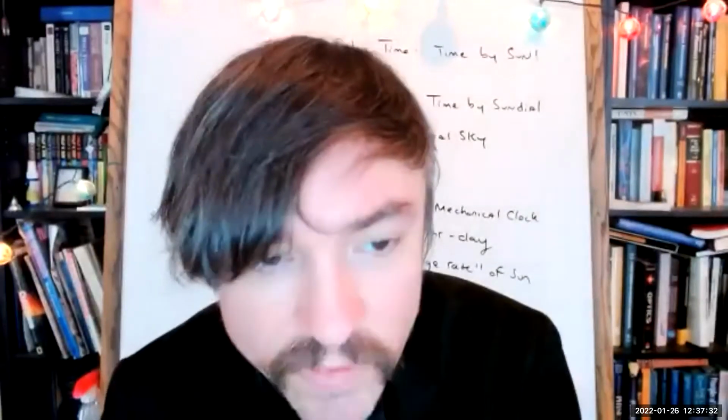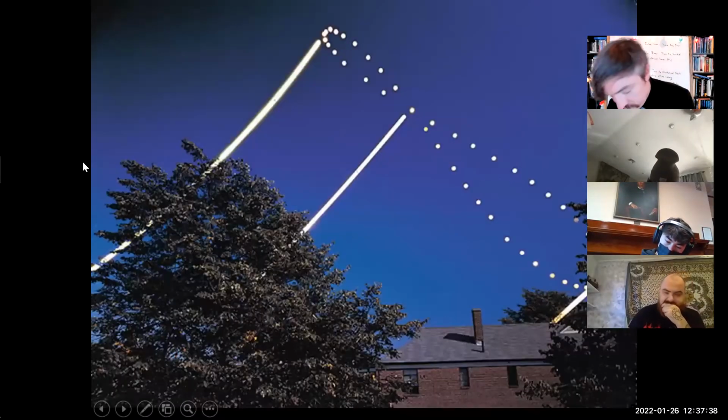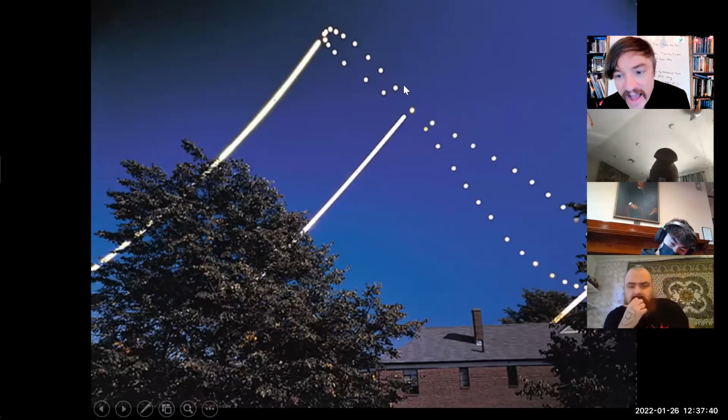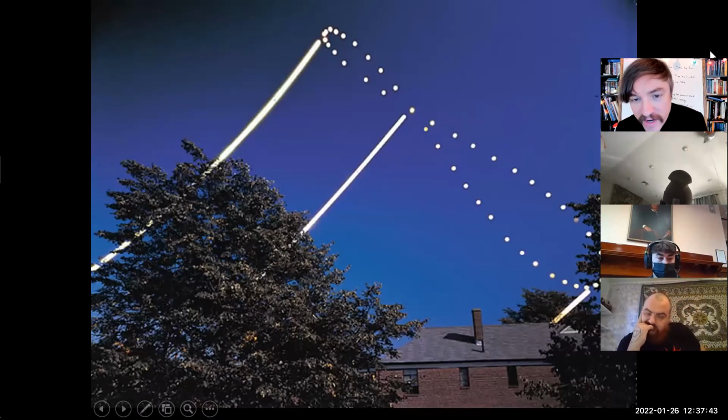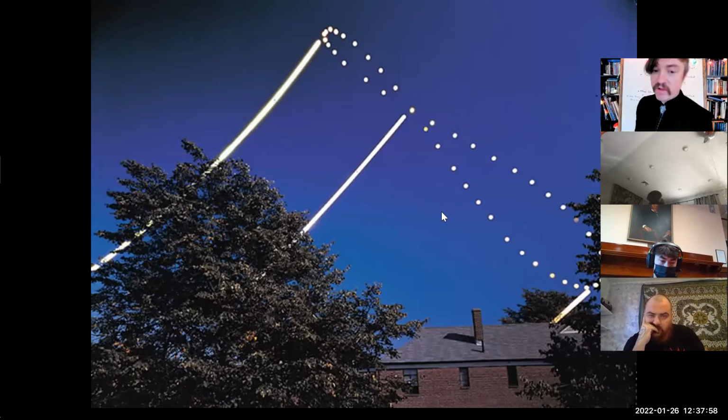Let me show you a picture that will help illustrate this point. Since we're using a mechanical watch, if we go out and at exactly noon, we take a photograph of the sun, we will discover that the sun is not always exactly on our meridian at 12 o'clock noon. This is a legendary photograph called an analemma. And the way this picture is taken is some observer goes out and they look south in their backyard and they take a photograph of the sun at exactly noon, well, maybe not every day, but I'd guess there are